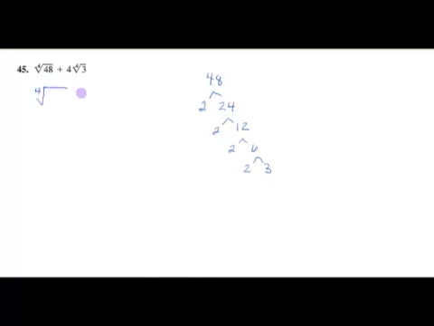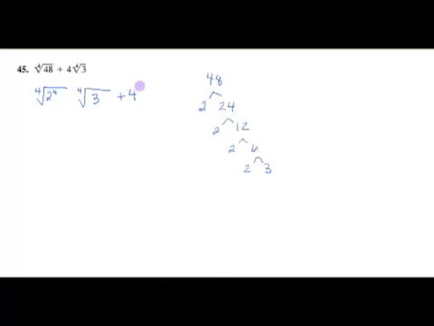The 4th root of 48 plus 4 times the 4th root of 3. Again, it looks like we have unlike radicals and cannot perform this operation, but we need to simplify the 4th root of 48 first. So we'll take our 48 and separate it into its prime factors. And then we can break that radical up into perfect fourth powers and its leftover fourth powers. So we have 1, 2, 3, 4 2's and a 3 that's left over,